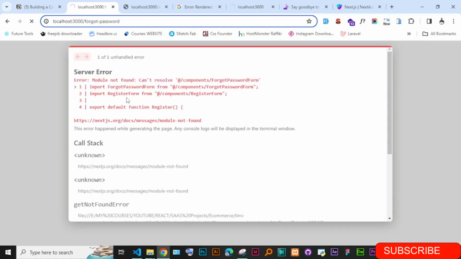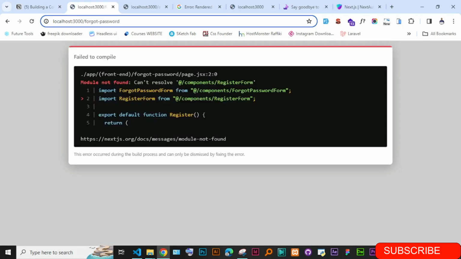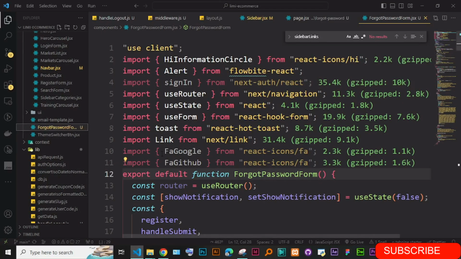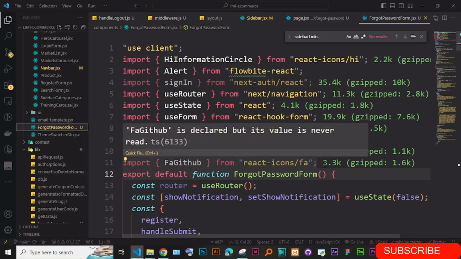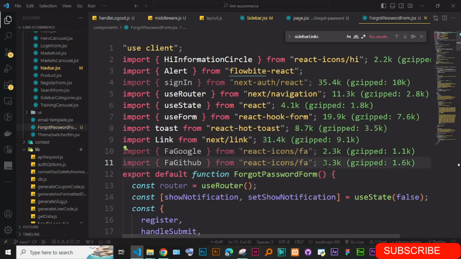Okay, so another one is the register form that is in the forgot password page. We also have the register. They just go to this forgot password page. There are some things we just need to really remove. Forgot password form,